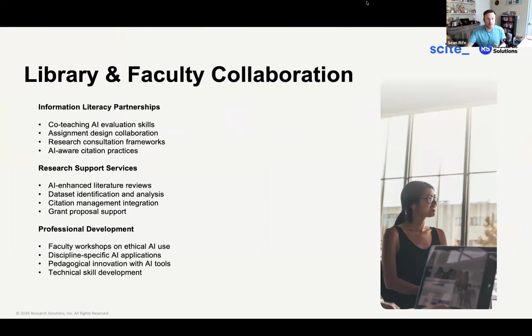So there are a few different points of collaboration, I think, for librarians and faculty. So I already talked about a few of these. We can think about workshops, but you could even think about co-teaching AI evaluation skills, right? This is a great point where you can have subject matter experts in a given department work with librarians to really emphasize how to use that technology in a given area. In terms of assignments,